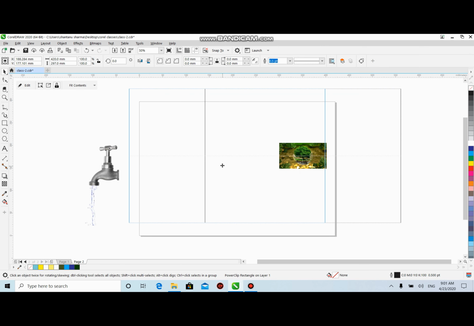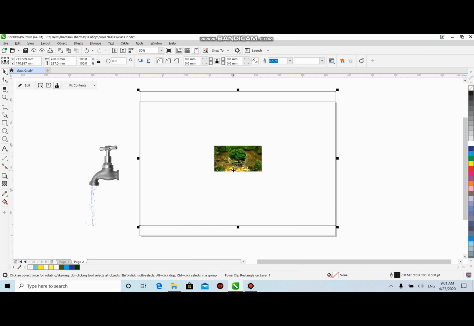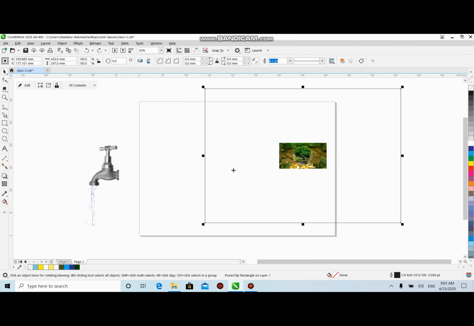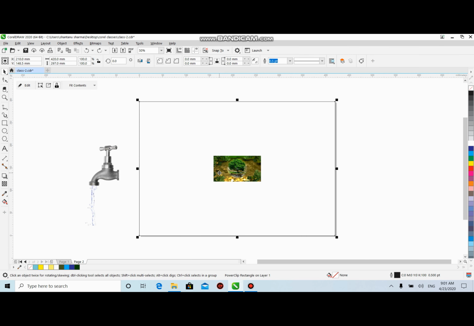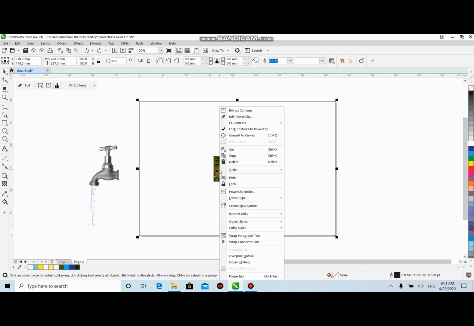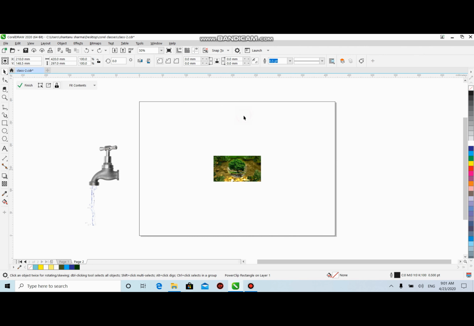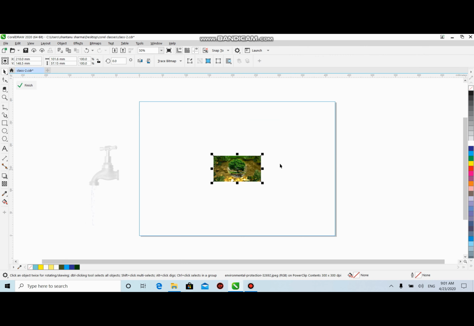Now I can't move this picture without this frame because this picture is fixed in this frame. So how can I edit if I want to enlarge my picture? Right click, second option, edit PowerClip. Click on it. So now editing can be done. You can see the border of this page has become blue.